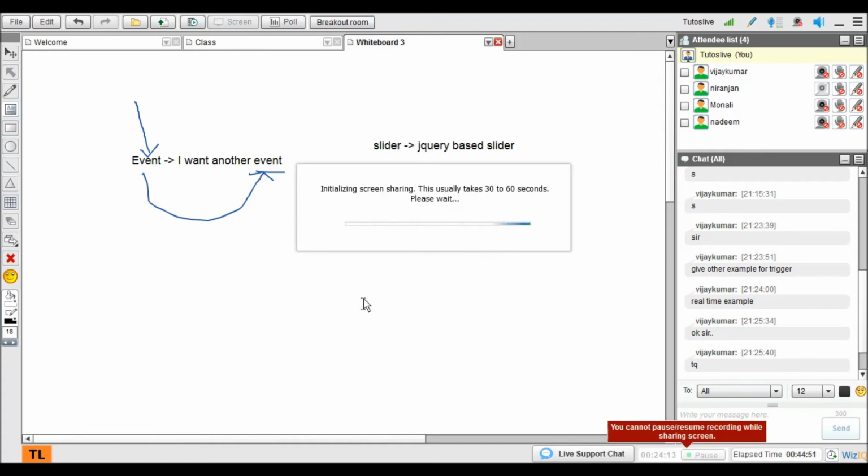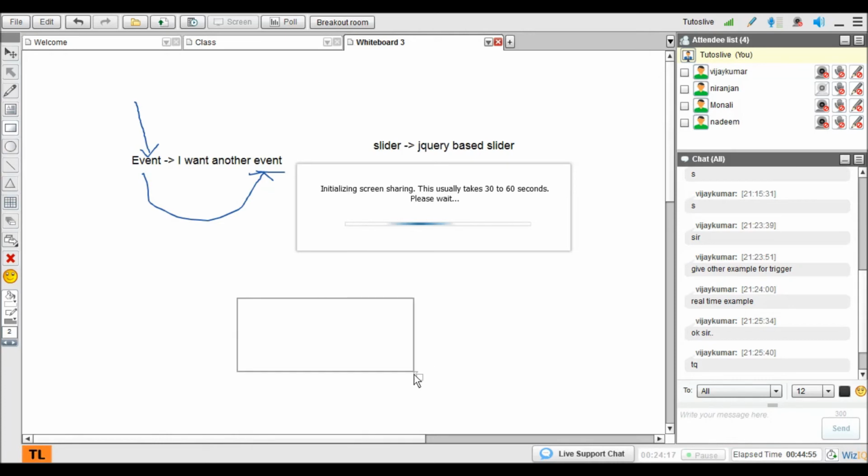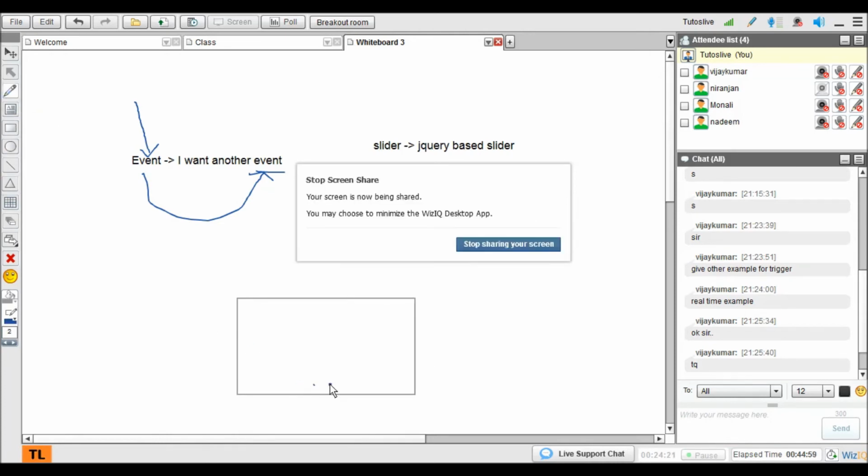So for slider, what is a slider? You all know, right? In websites there will be an image here, three dots here and arrows here. An image goes and another image comes. Even if you click here, the image will navigate. So this is called a slider. Some people call it a carousel.